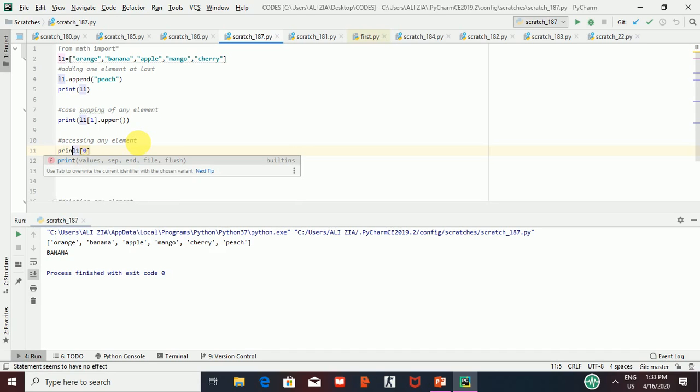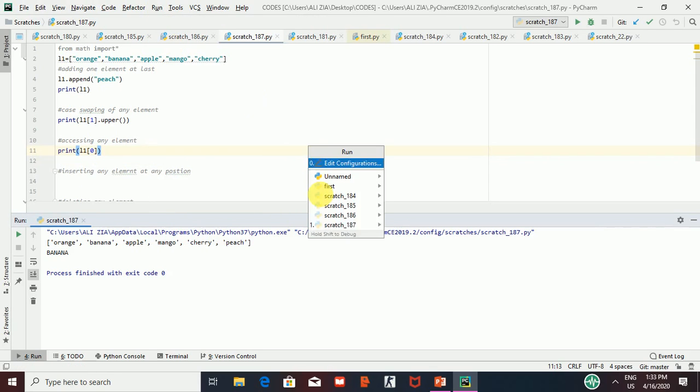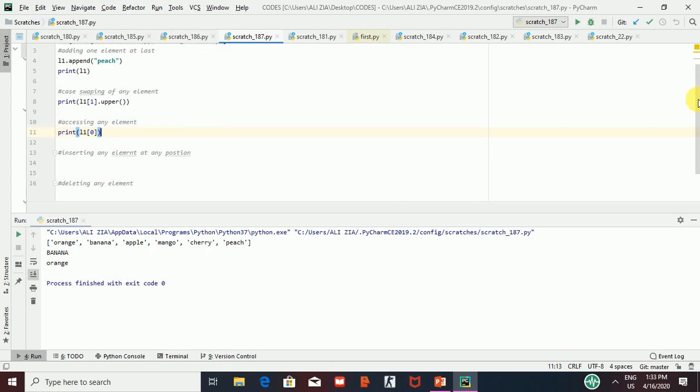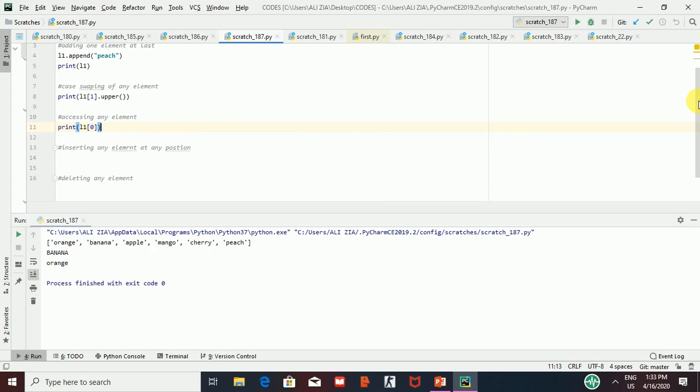I would give print, now I'm going to run it. Here you can see I have obtained the first element of our list. Since the index is 0, I am telling you again and again, and you can watch it in my video as well. I have got the orange when I put the index 0.